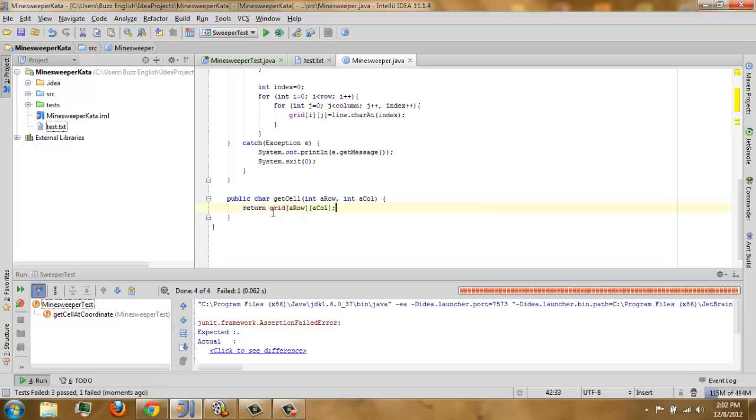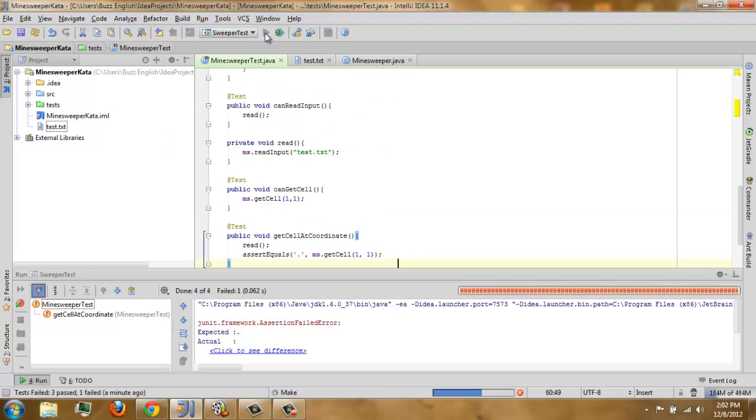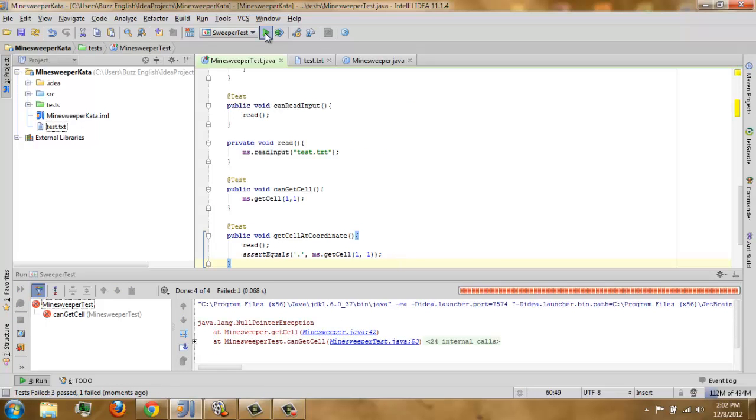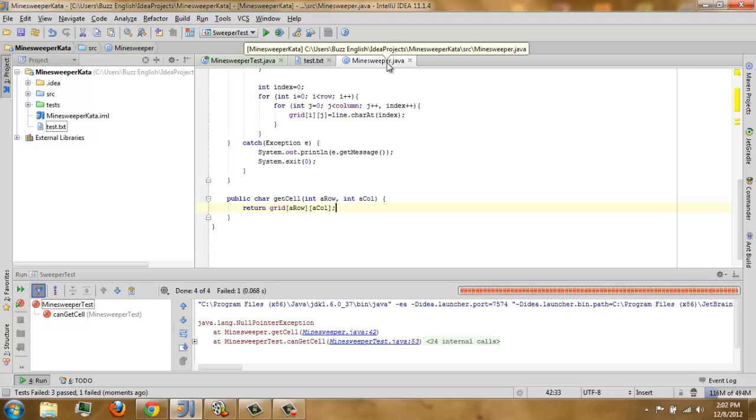So this will return the value of our cell. Let's see. Oops, there's a null pointer exception. We're handling a two-dimensional array, right?